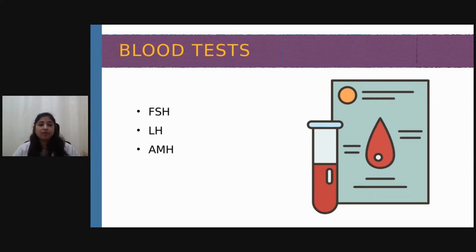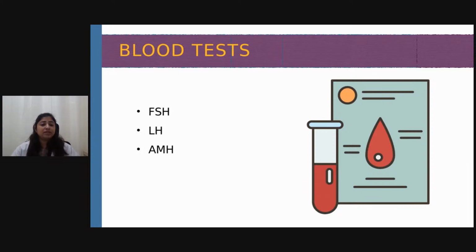So the eggs come out of the ovary. That response happens once the LH hormone is released from the brain. And AMH is also one of the factors which predicts the ovarian reserve. It says how many eggs are left in the ovary at the time we are doing this blood test. So it basically tells about the reserve,